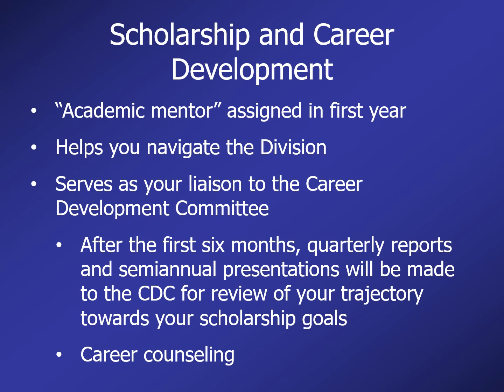For more structured career mentoring, you will be assigned an academic mentor by our Career Development Committee, or CDC. The CDC's goal is to ensure every fellow has well developed career goals and stays on track to achieve them. Your academic mentor will serve as your liaison to the CDC and will help you navigate the division and Emory as a whole, and put you in touch with faculty members that can serve to advance your career goals and